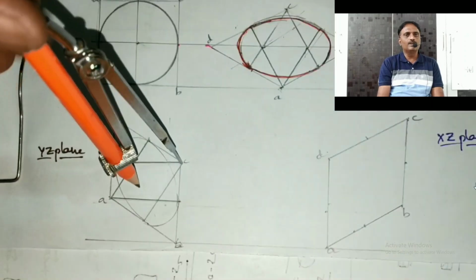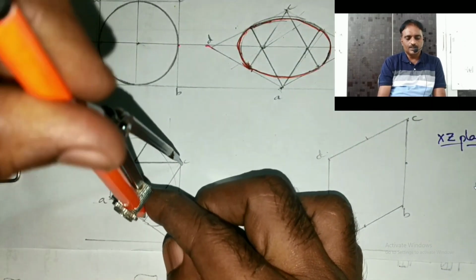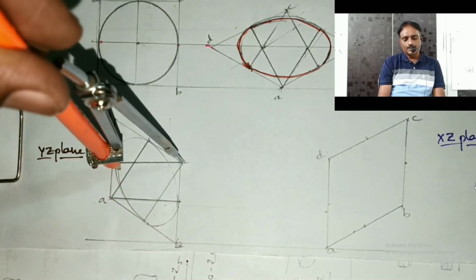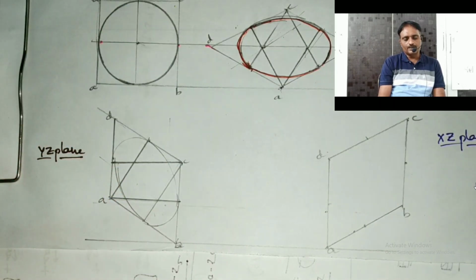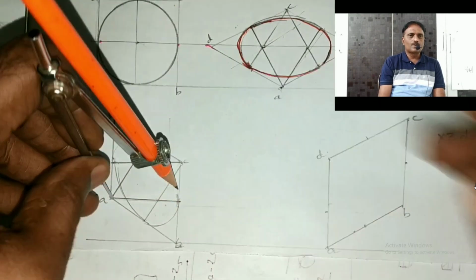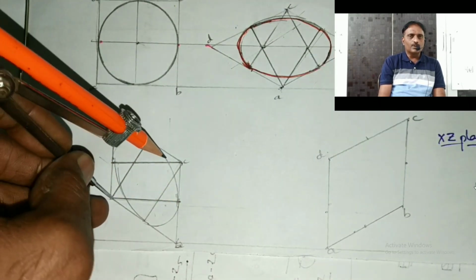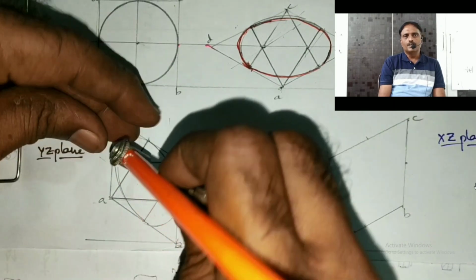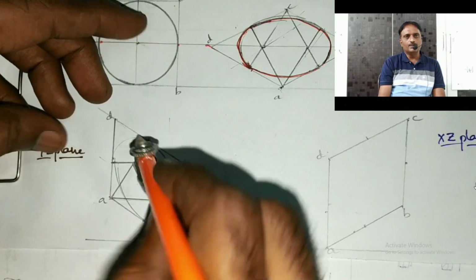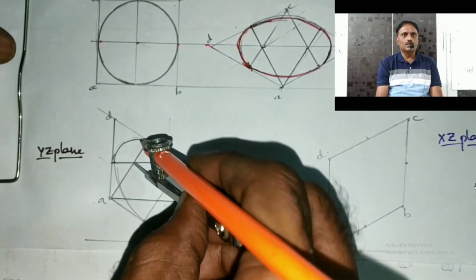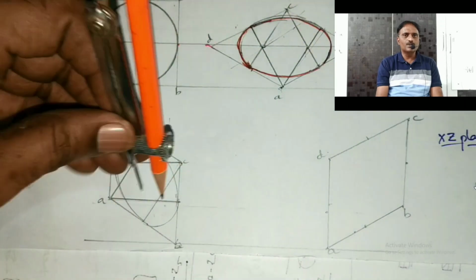the procedure will remain the same for all the planes, whether it is xy plane, yz plane or xz plane, whatever it may be. So once we practice this, we have to remember one more important point here. The supporting structure of this particular diagram should be drawn very lightly. Only the ellipse is to be drawn a little bit more dark, because that is the required one, and the other things should be very much light.